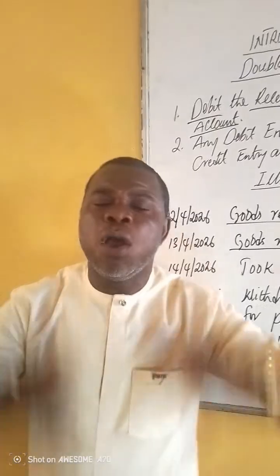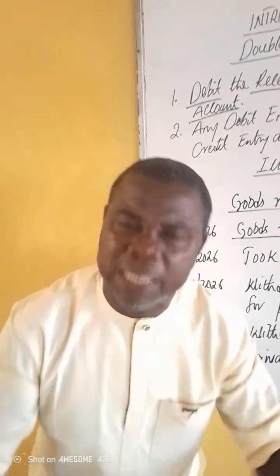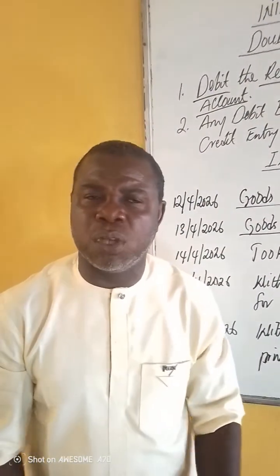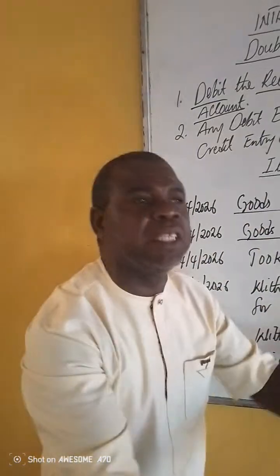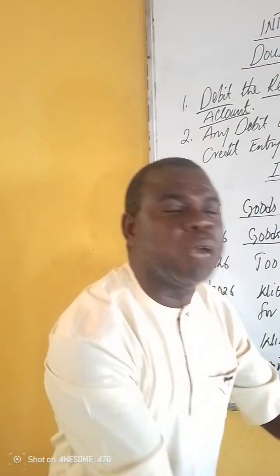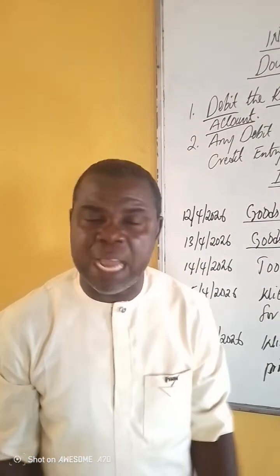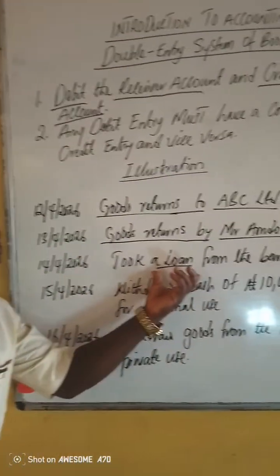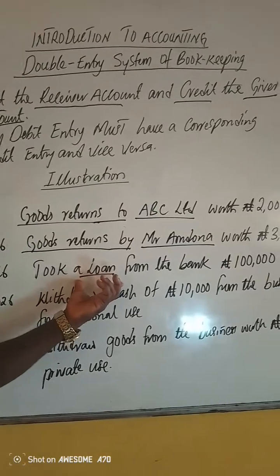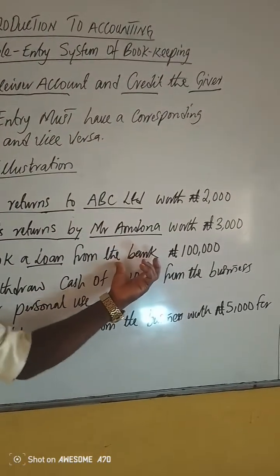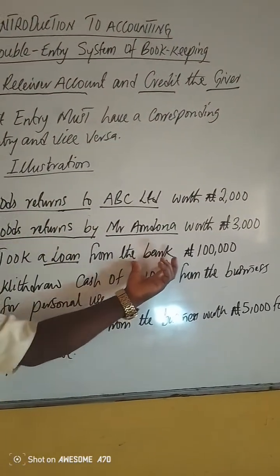I want to emphasize that all liabilities in accounting are credited. All liabilities are givers because somebody must give you something that you are expected to pay. Someone might give a loan that you're expected to pay. So givers are credited, which are liabilities in accounting. So in this case, loan becomes the giver account, and the bank is just giving the loan, but the emphasis is the